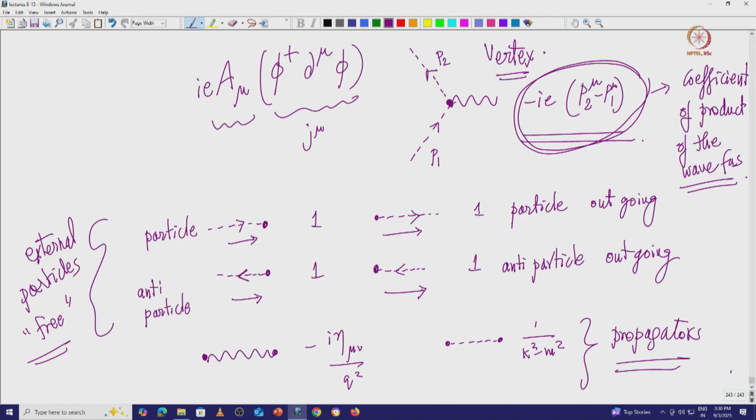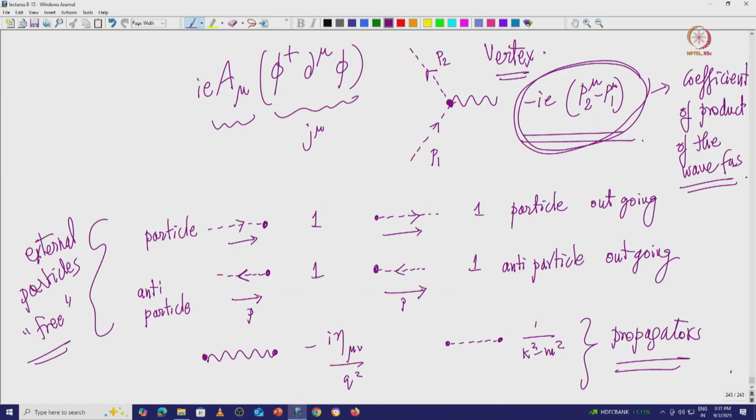For the momentum, this is the momentum P, this is the momentum P. The same thing, it is going out with an opposite charge. It is like treating an incoming particle from the opposite direction with the opposite momenta. This we discussed when we were discussing the Feynman-Stueckelberg interpretation. So these are the notations for the particle and antiparticle wave functions, these are the propagators, these are the vertices.